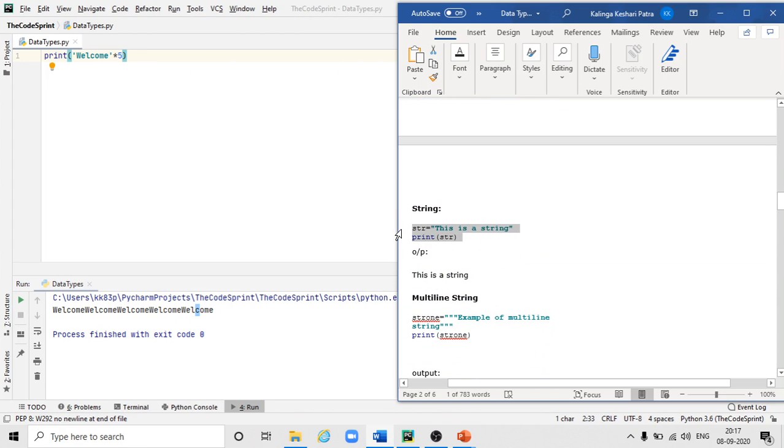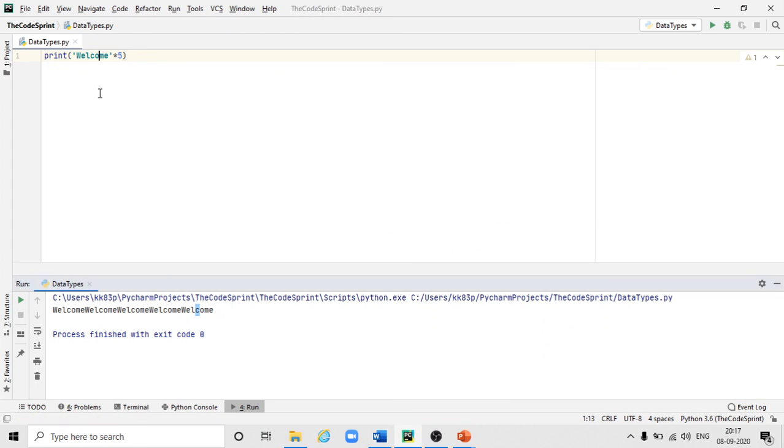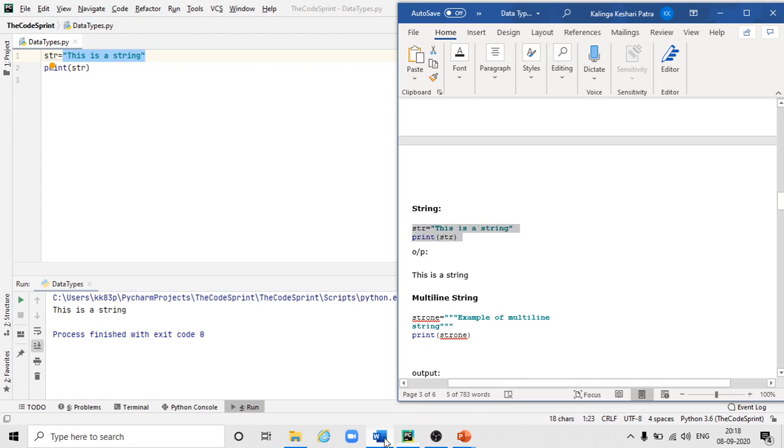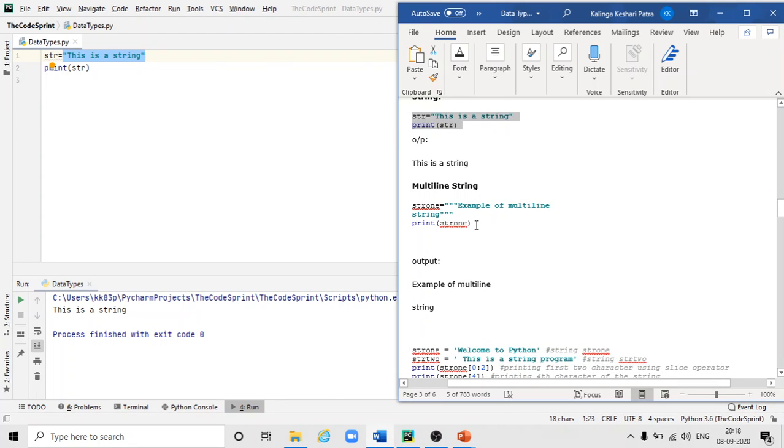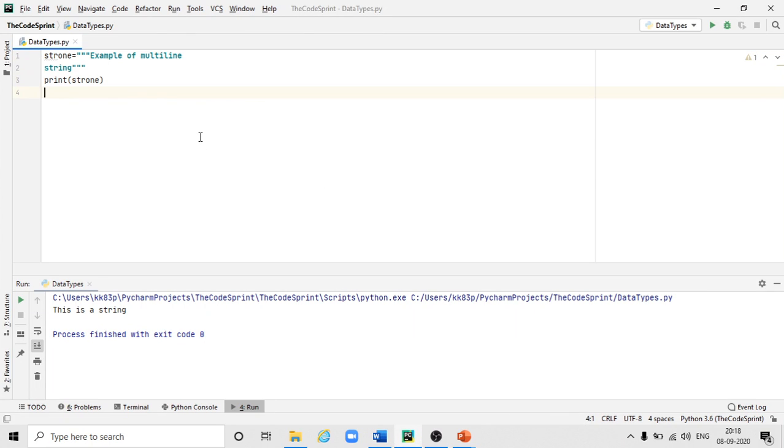Then take some more examples, and here we'll see how it is printing. This string is printing in a single line. Similarly, we can print strings in multiple lines also. This is an example of a multi-line string.